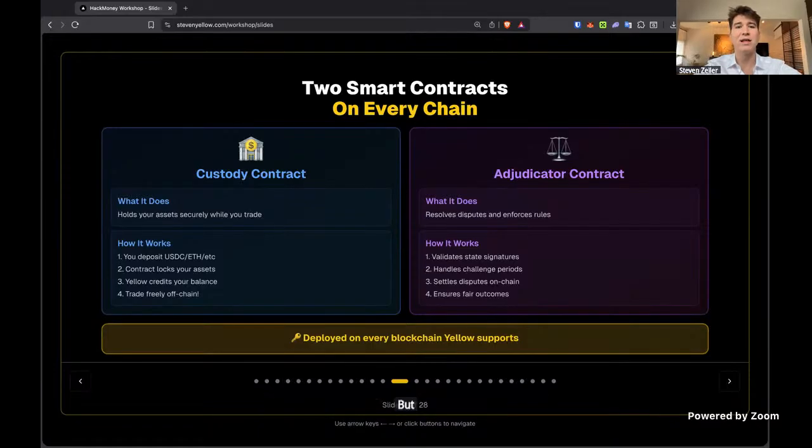In the Yellow custody contract, they're locked in a contract, and you still maintain a high level of control of your funds, because there's a second contract that it works with called the adjudicator, which enforces the rules and allows you to dispute any problems with the funds. So if there's any issue with the Yellow network, or the Yellow network goes down, or there's something unfair happening, you can prove cryptographically and withdraw your funds on your own. And that uses the adjudicator contract.